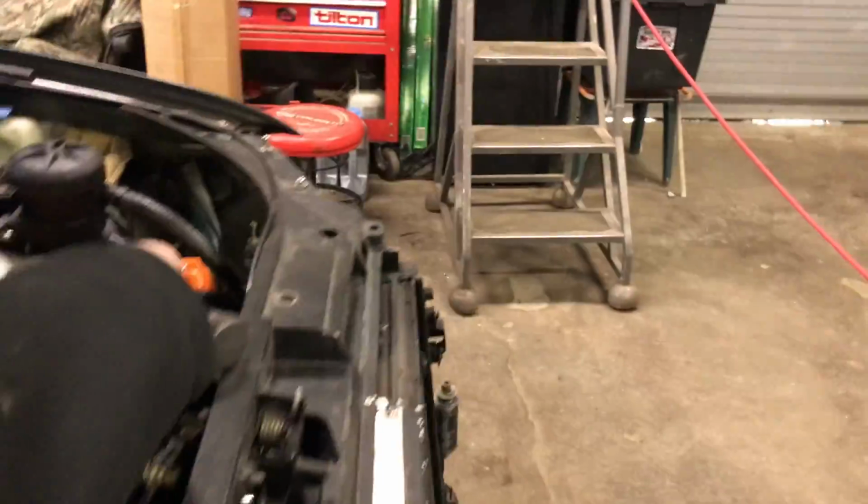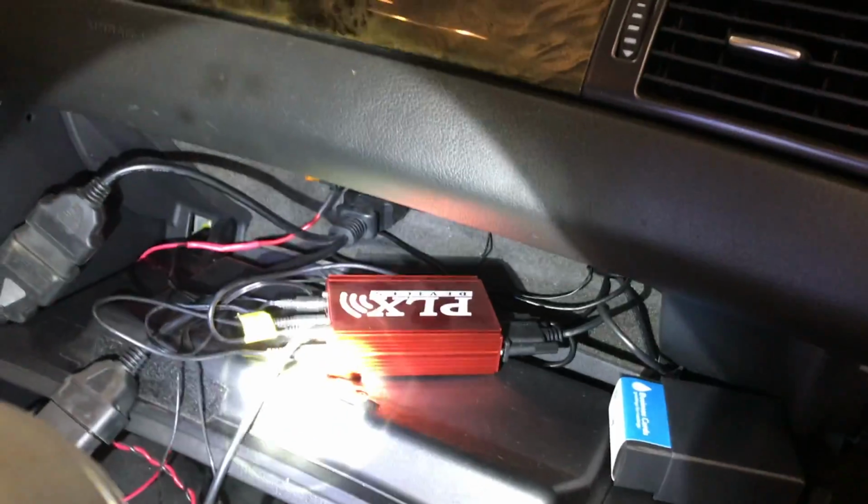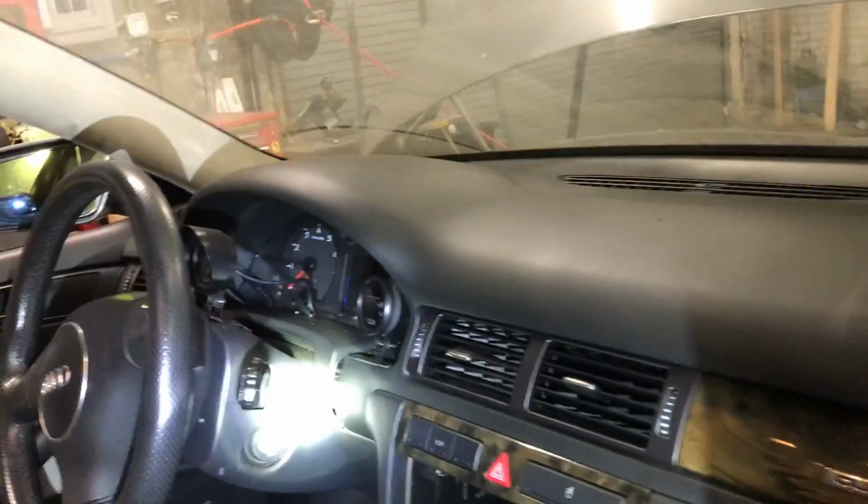We'll go inside real quick. Oh, that's my flashlight, which I'm going to need. Sorry for the Blair Witch camera motion. So we come over to the passenger side, and again, this is kind of messy right now, but that is the PLX display module, and it feeds. I have three PLX gauges over there. I'll show you those a little later. But up in here,